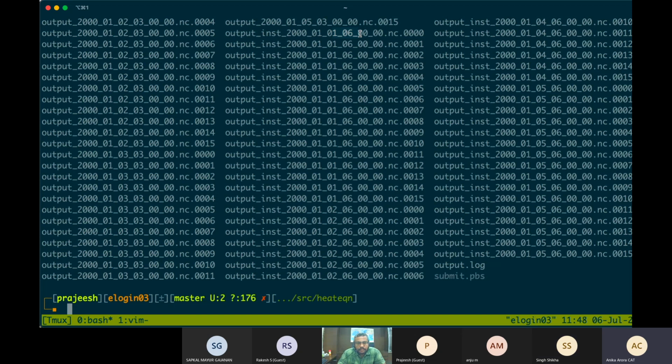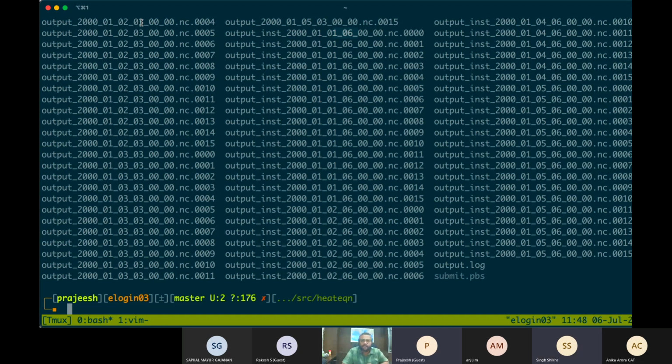Rajesh, but I have this doubt. Why is the instantaneous output being written at 6th hour instead of 3rd hour? So basically, for file naming, for an average output, the average is considered as the middle of 0 and 6. So the middle is 3.